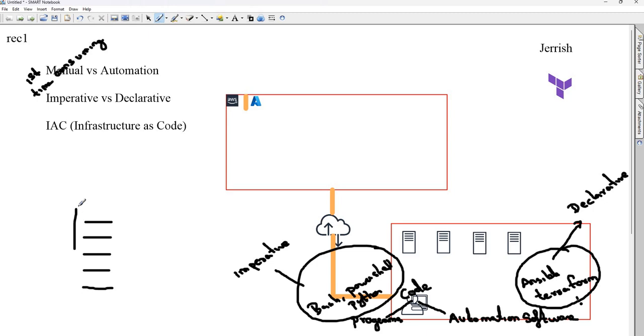That is imperative. But if it is declarative, you need to just mention what you want to create. You don't need to go in a detailed way explaining all the step-by-step process.